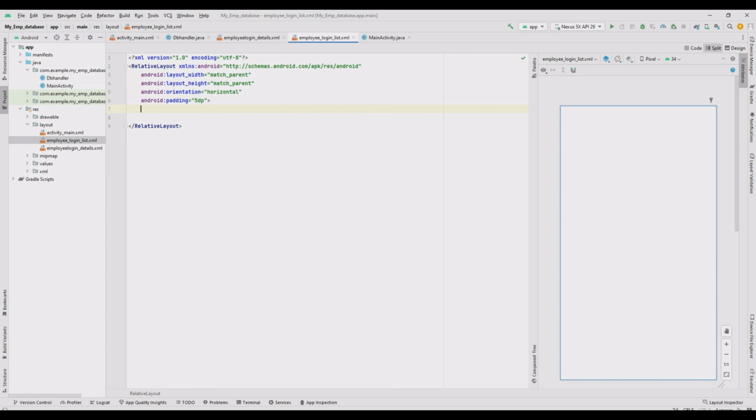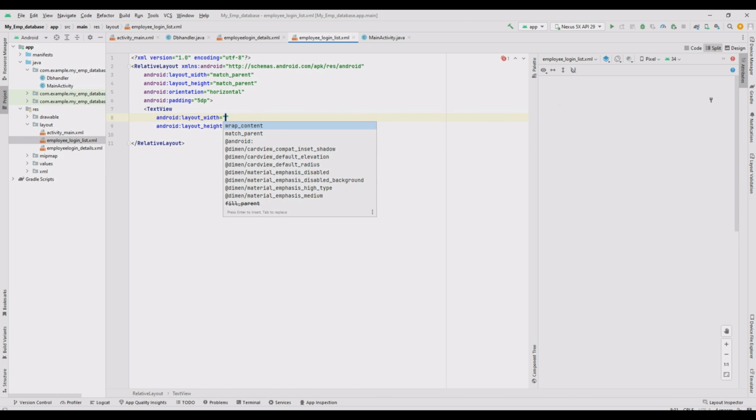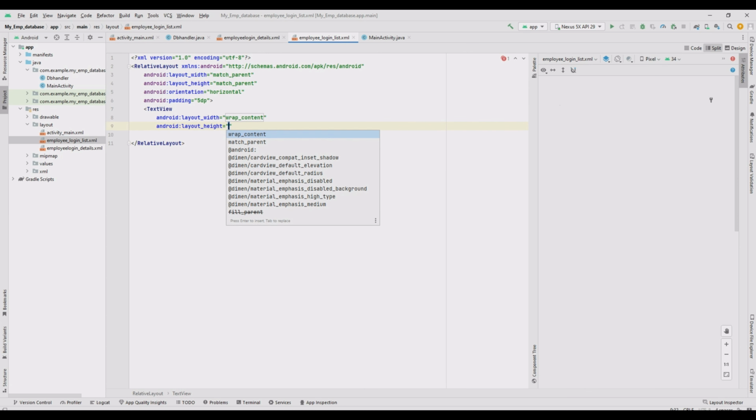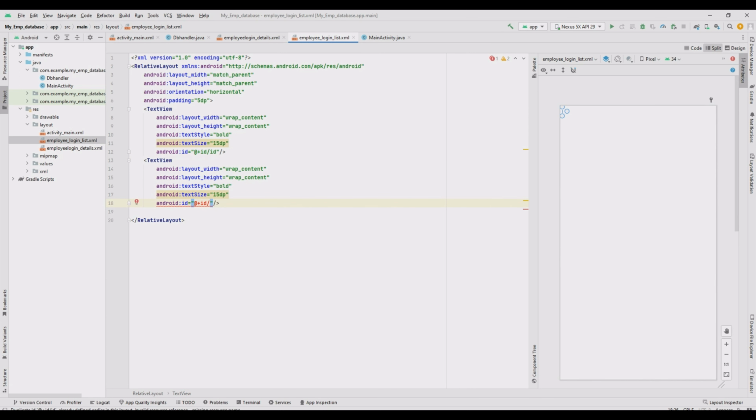In this, we are going to add 4 text views for our 4 attributes in the employee login database, that is EID, EMP name, EMP mail and EMP password. First, text view 1. Specify the layout width as wrap content, height as wrap content, text style as bold, size as 15 dp, ID as ID. Copy and paste the text view 1 and change the ID as name and add one more attribute